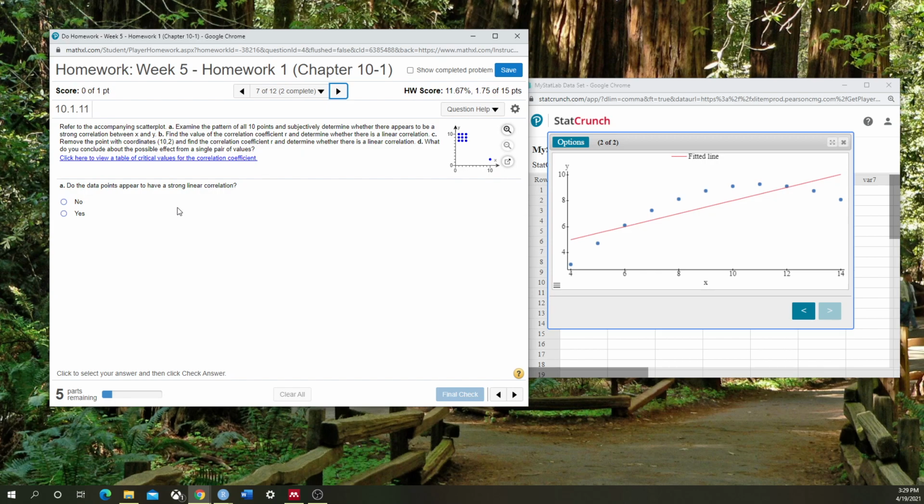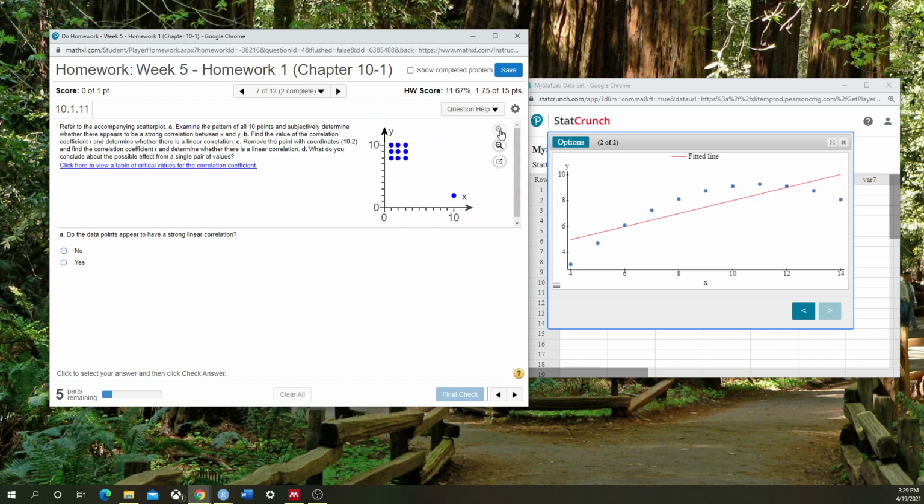Okay, do the data points appear to have a strong linear correlation? So here are our data points. You don't need to look at the question right away. Let's make it a little bigger. All right, so we see here if you are a very straightforward or realistic statistician,